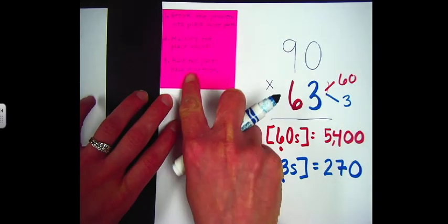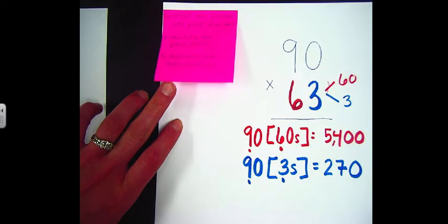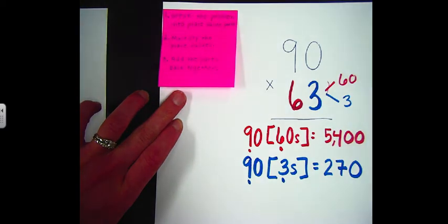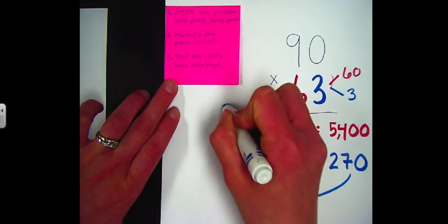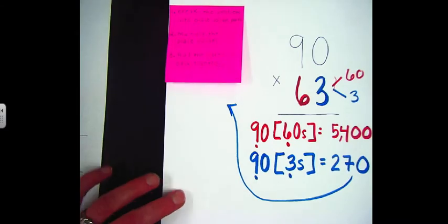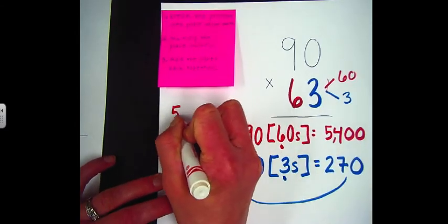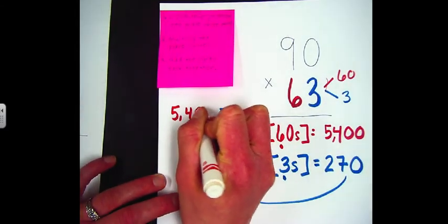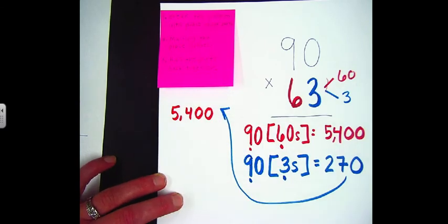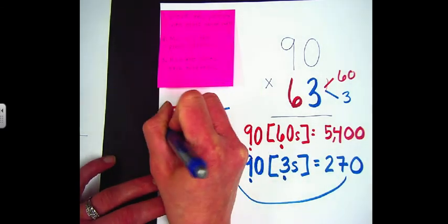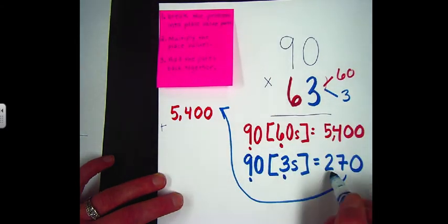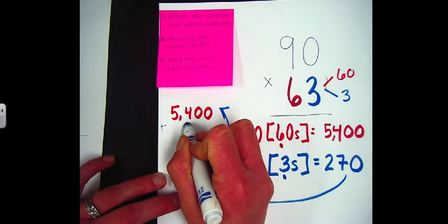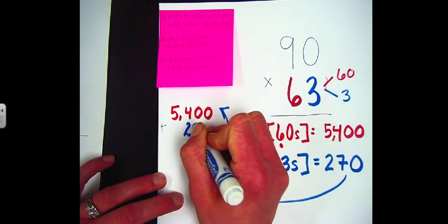But when we go back to add our parts together, we have to be super careful that we have them all lined up in the right place value. So I am just going to draw an arrow over to the side over here, and let's rewrite it now. So I had 5,400, and now I'm going to add on my 270. Watch how I line this up. I have to start with the hundreds digit because I have 270. So I'm going to put the 2 under the 4,